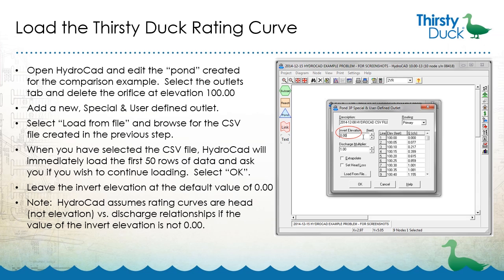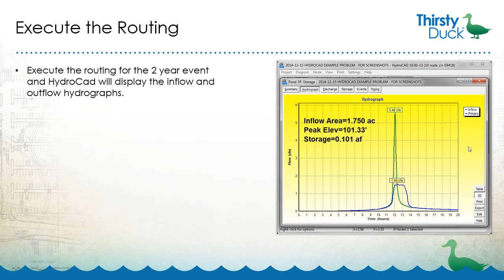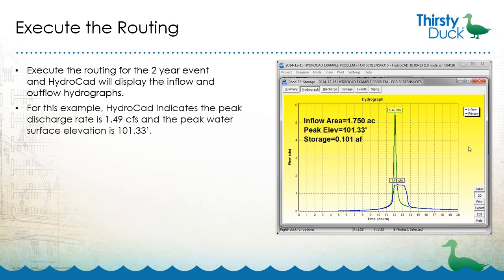Note, HydroCAD assumes rating curves are head, not elevation, versus discharge relationships if the value of the invert elevation is not 0.00. Execute the routing for the 2-year event, and HydroCAD will display the inflow and outflow hydrographs. For this example, HydroCAD indicates the peak discharge rate is 1.49 CFS, and the peak water surface elevation is